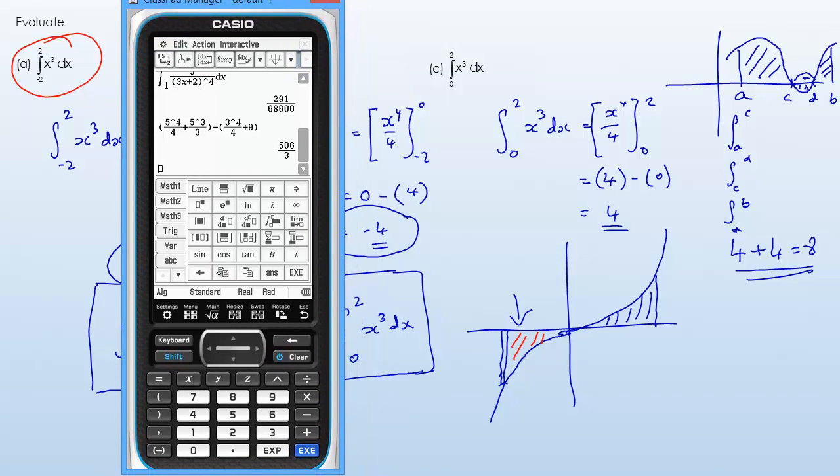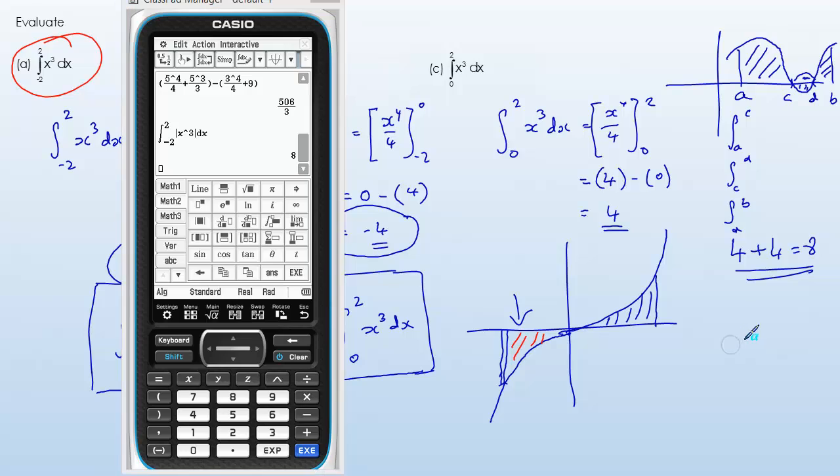and that is as follows. So what we would do is do the integral from -2 to 2, and then just in here use the absolute value function, which is this one here, and then put in x cubed dx, and you should find the answer is 8. What the absolute value function is, it doesn't allow negatives, so it changes this function so that this part is reflected up here, and then the areas are all above